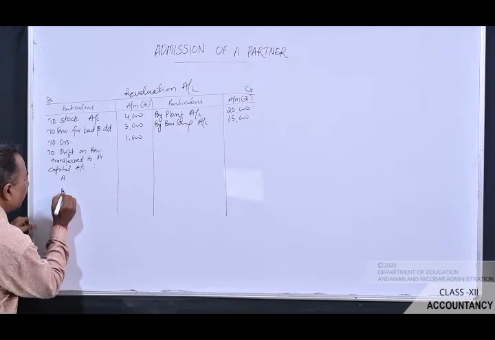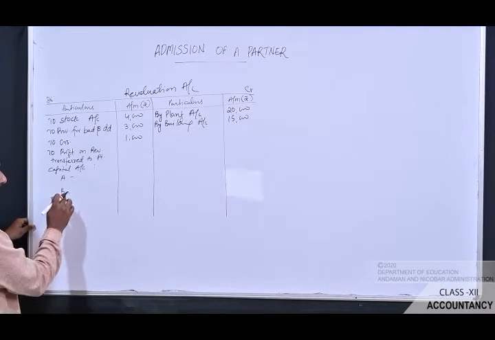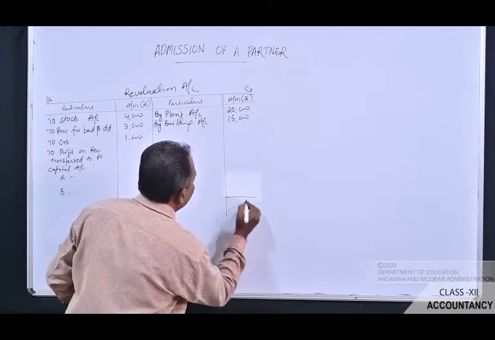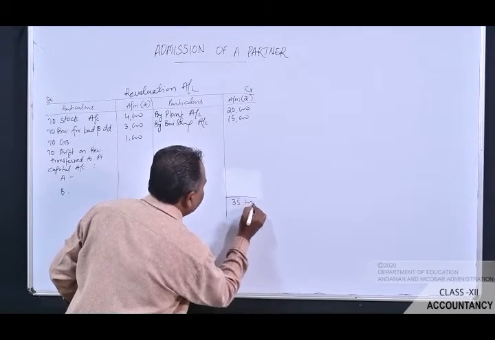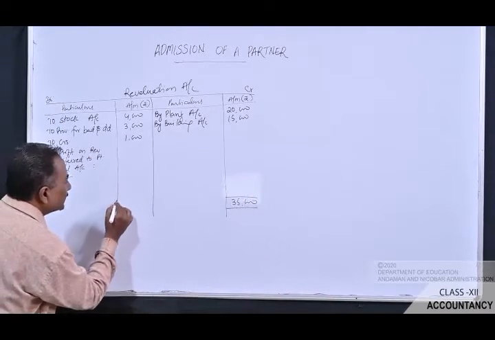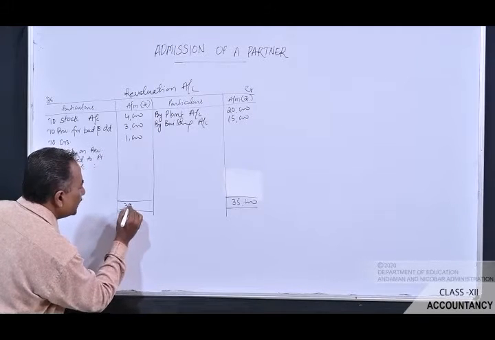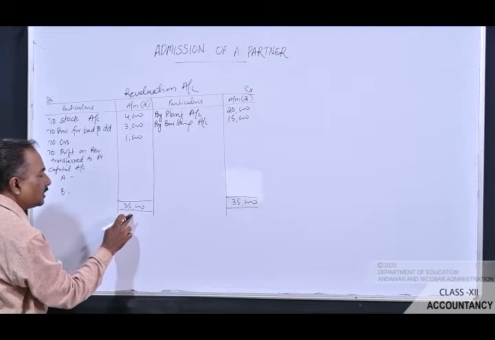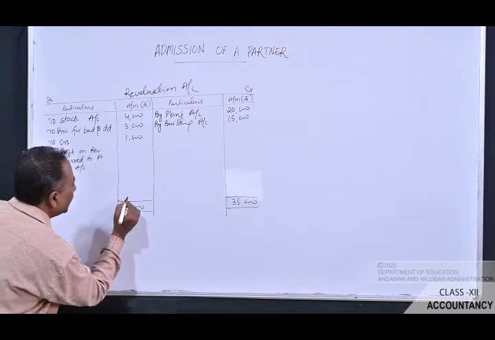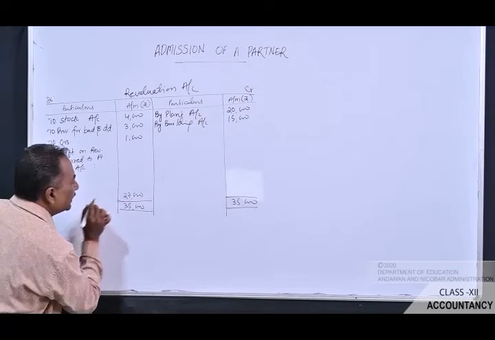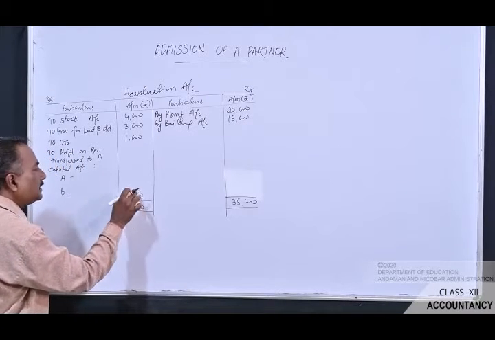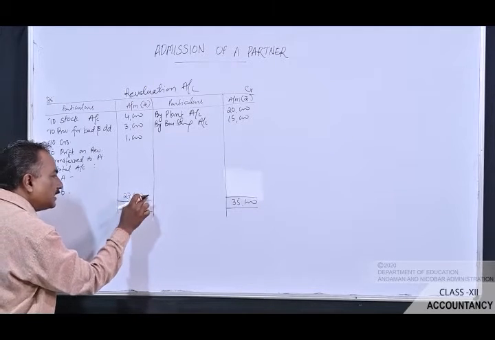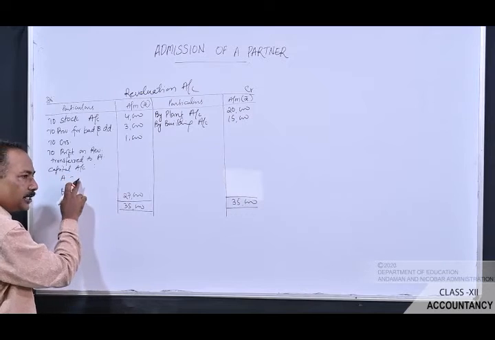किसका किसका बीच में बांटेंगे? खाली ओल्ड पार्टनर्स का बीच में बांटेंगे, that is among A and B. So how much will be distributed? 35,000 is the total of this side. The same figure will come here, rupees 35,000. See the total of this side, it is 8,000. 35,000 में से 8,000 rupees को minus करेंगे, then the balance will be 27,000. This 27,000 rupees is the gain on the revaluation, and this amount of rupees 27,000 will be distributed between A